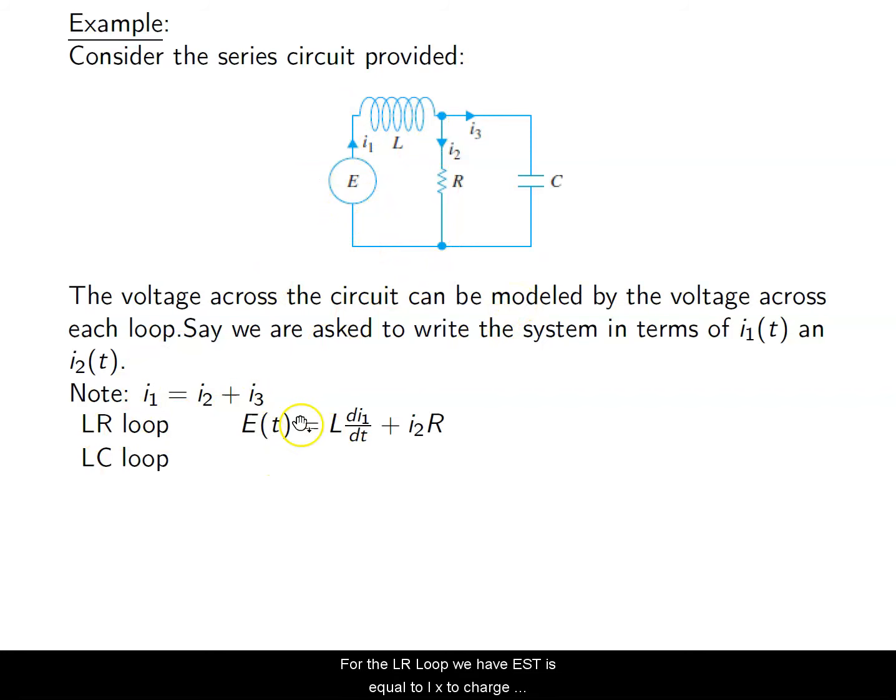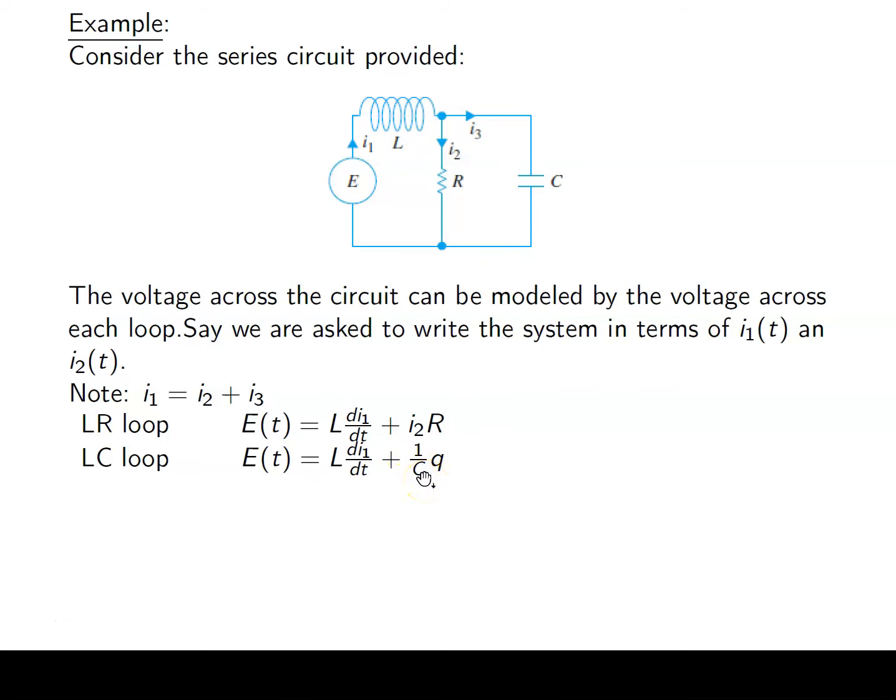For the LR loop, we have E of t equal to L times the derivative of I, which is going to be Q, plus I times R, which we know is also the second derivative of Q, and this is the derivative of Q. For the LC loop, we have the same term, but then we have that capacitance term, so the charge over